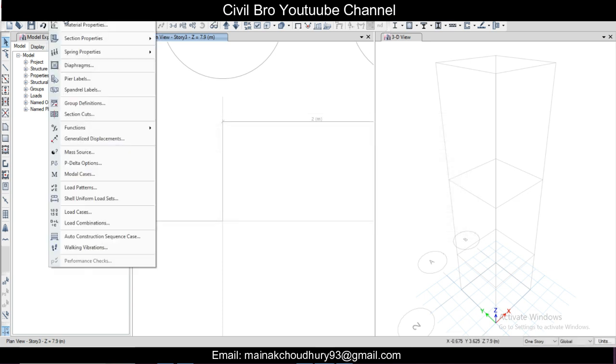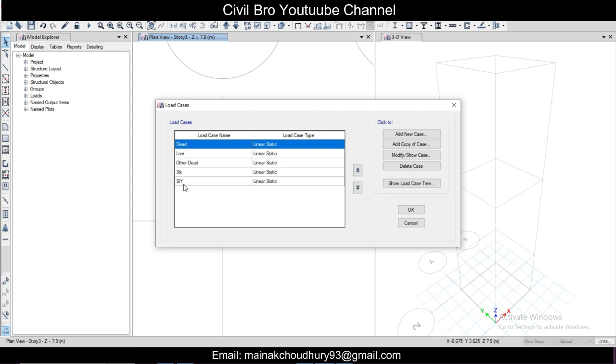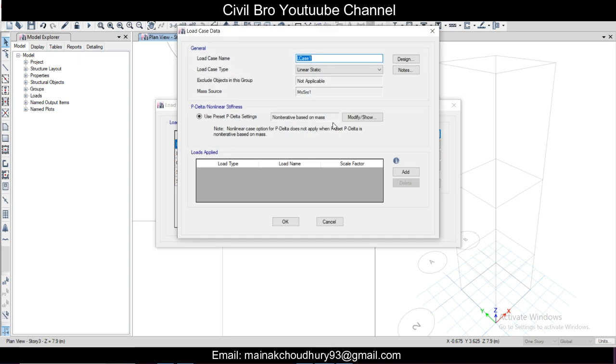Then we go to load patterns. Load patterns are already defined. Then load cases. In these load cases, you can see dead load, live load, other dead load, and the seismic load are there. We'll add our response spectrum load. So add new case, and let's call it RS. We can add 2 response spectrum cases, RSX and RSY. So this is already there. Add, and then it will be our